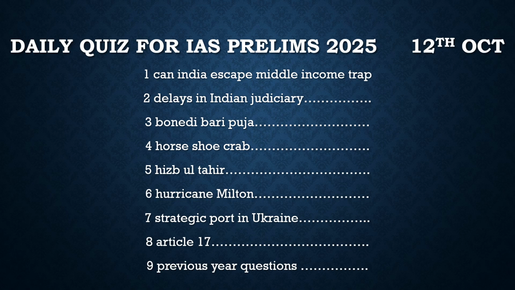The first article which was in the news yesterday was about how India can escape the middle income trap. To understand this, we need to know what this middle income trap is. Usually low income countries tend to grow their economy. They try to reach the high income level. So there is a transition phase from low income to high income, that is the middle income level, which they reach while they are aiming for the high income level.